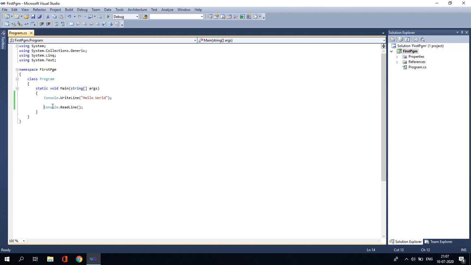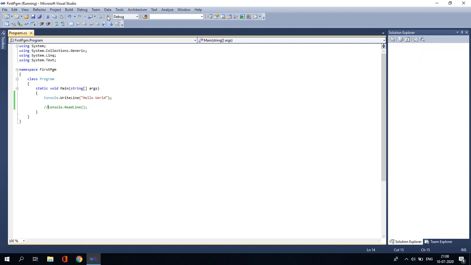So how to comment? A comment is preceded by a double forward slash. Once I give this double forward slash, it is applied to that particular line, and you can see the color changes from blue and black to green. That indicates it is a commented section, and that will be ignored. The line of code after the double forward slash is simply ignored by the compiler. So this is a single line comment like this.